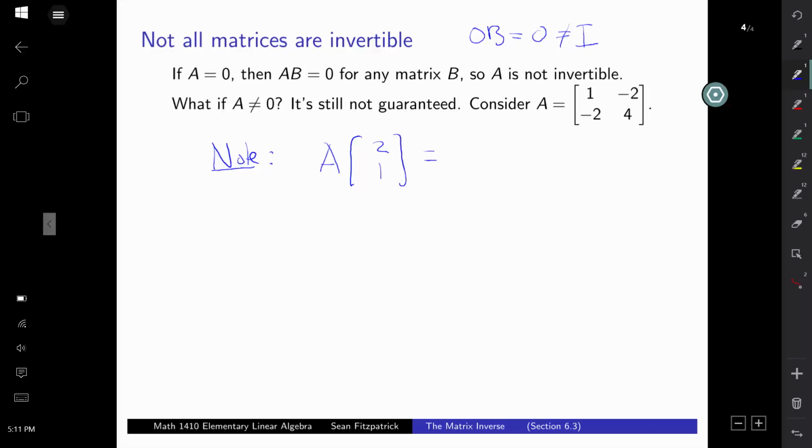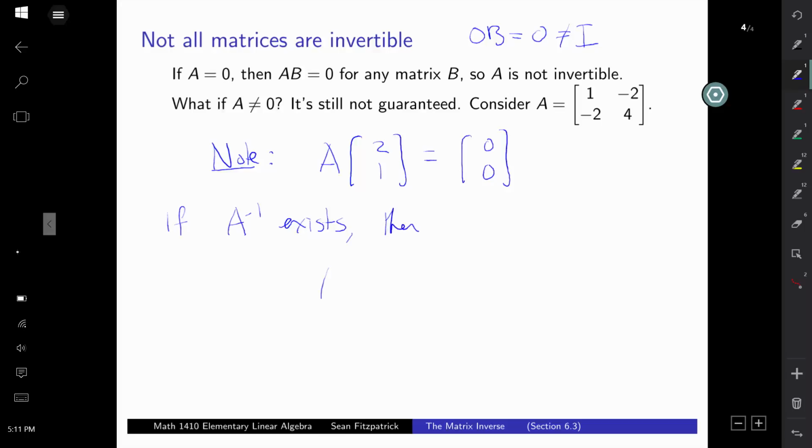I get 0. So there's a non-zero element of the null space here. And so if A had an inverse, if A inverse exists,